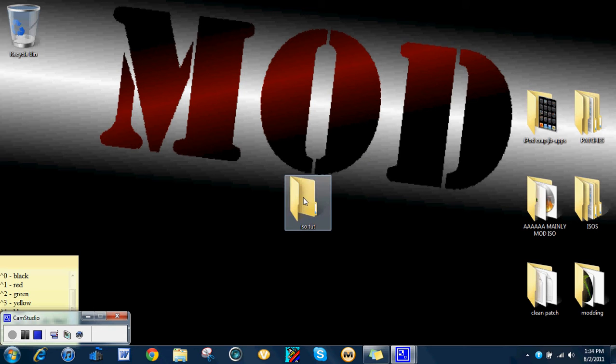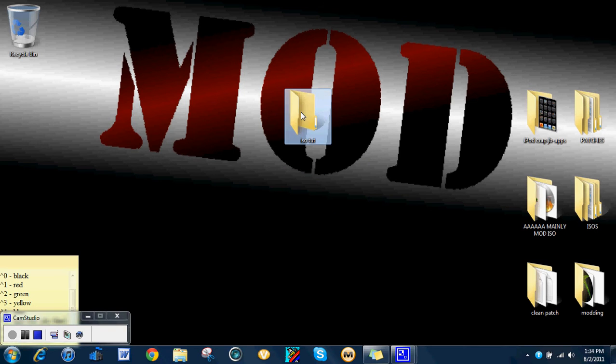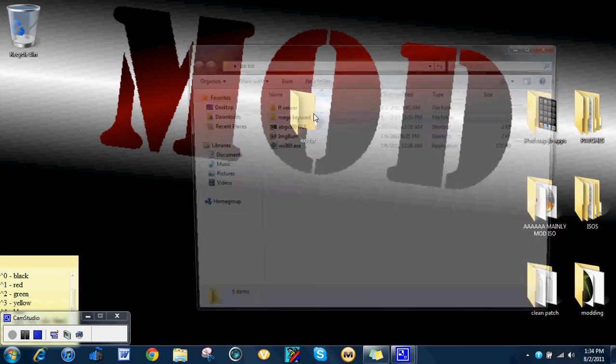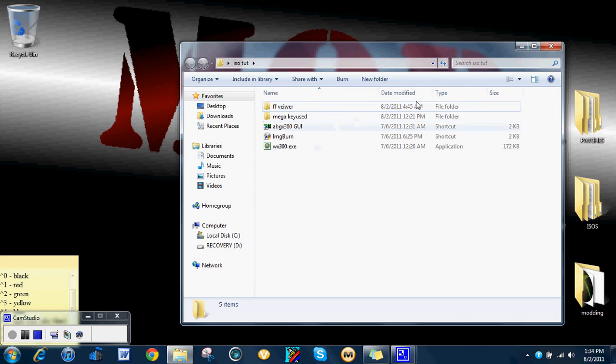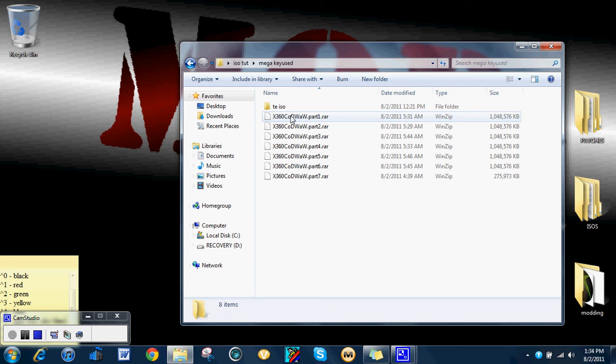Okay, so the first thing you're going to do is make a folder on your desktop and name it whatever you want. Now what you need to do is download all the files and links from the description into this. There are 7 files that you need the most. Once you open up this folder, create a new folder and name it ISO. Now once you open that, that's where you'll save these 7